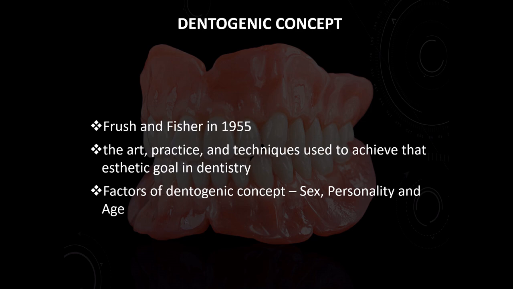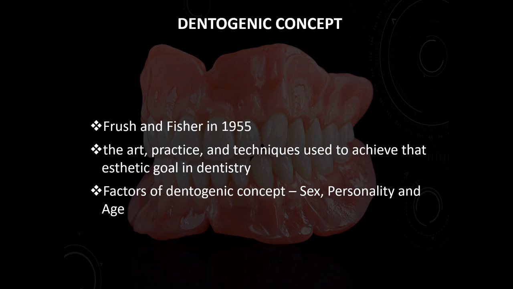So the dentogenic concept was introduced by Frush and Fisher in the year 1955. And the word dentogenic is similar to the word photogenic. So dento conveys reference to prosthetic dentistry. So basically dentogenic is the art, practice and technique used to achieve the aesthetic goal in dentistry, and according to